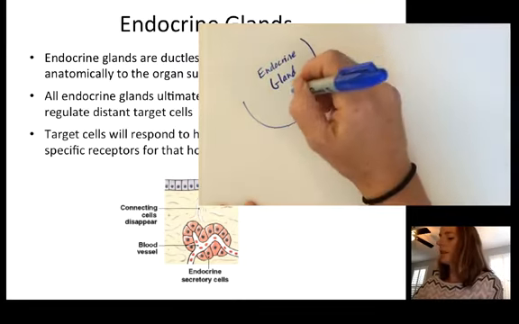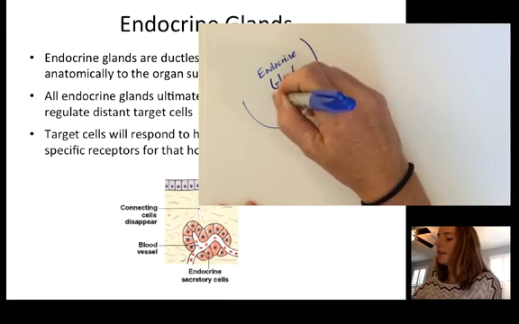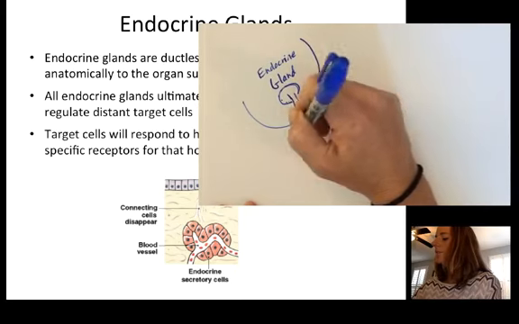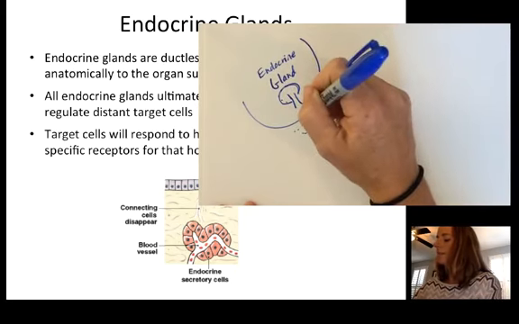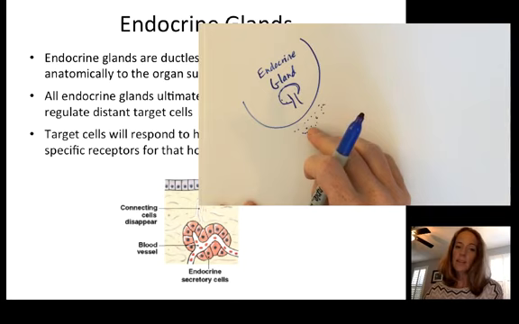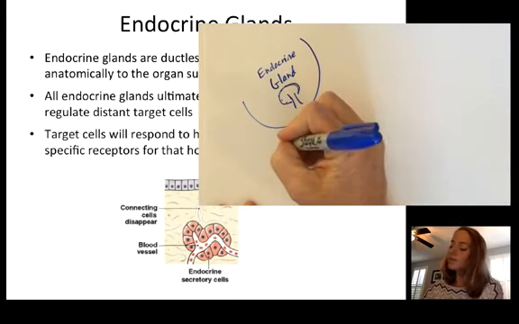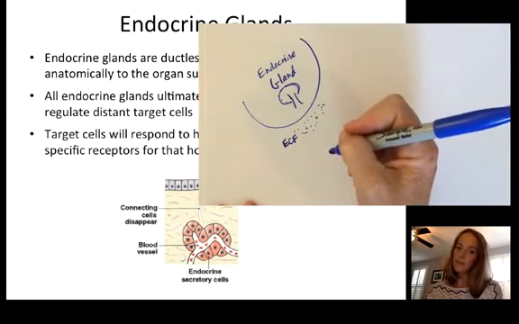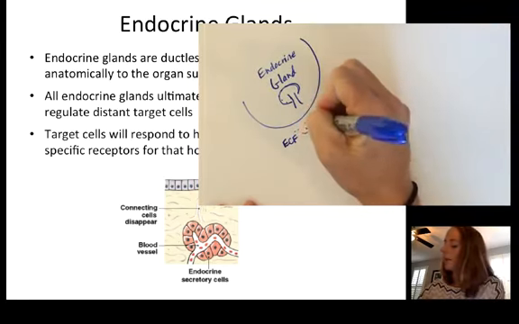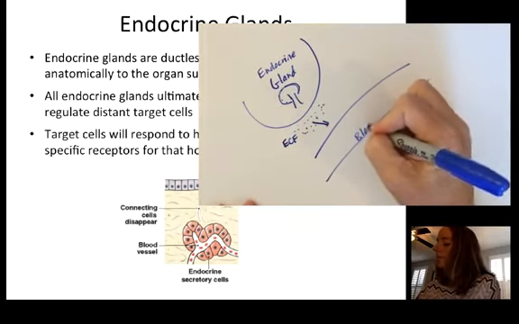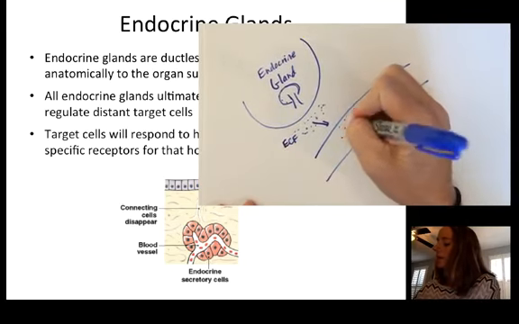We're going to have an endocrine gland that contains secreting cells, and those cells are going to secrete into the space outside of that gland that is not connected to the outside of the body. It's going to go into the extracellular fluid in between the cells. And then nearby, that hormone will be picked up by the blood. So it's going to enter into the blood,